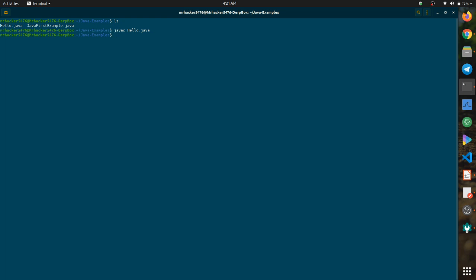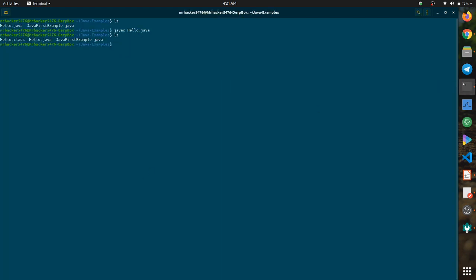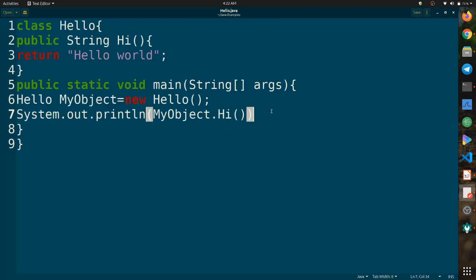Okay, everything looks good. Now if there is some error, it will return something like this. So I will remove this semicolon and save it, and now compile our code again. See, it says line 7, semicolon expected. Okay, so this was just for your knowledge.